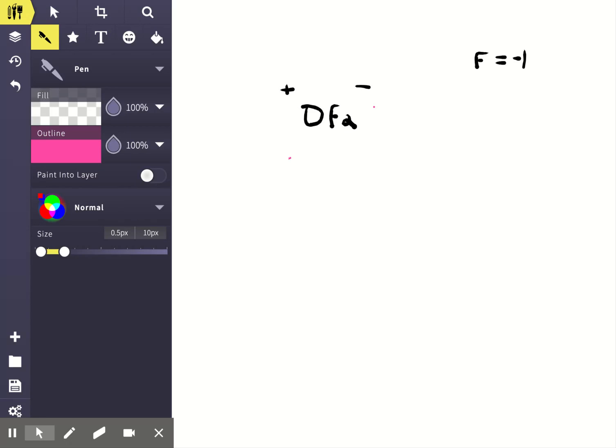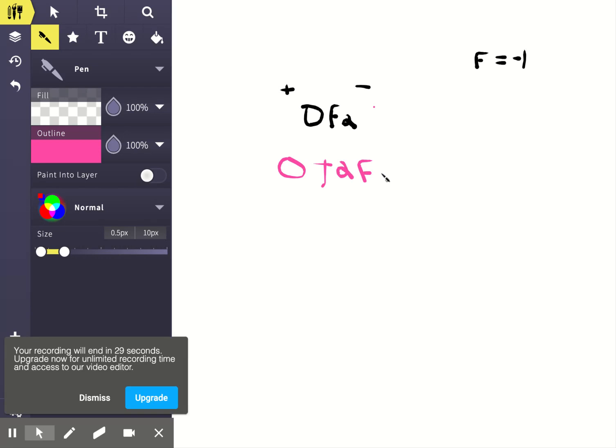Alright, so we have oxygen, which is equal to 2 fluorine, which we're going to set equal to 0. Alright, so this would be x. We're going to substitute the fluorine for -1, and then we're going to set that still equal to 0. Alright, so you're going to get x